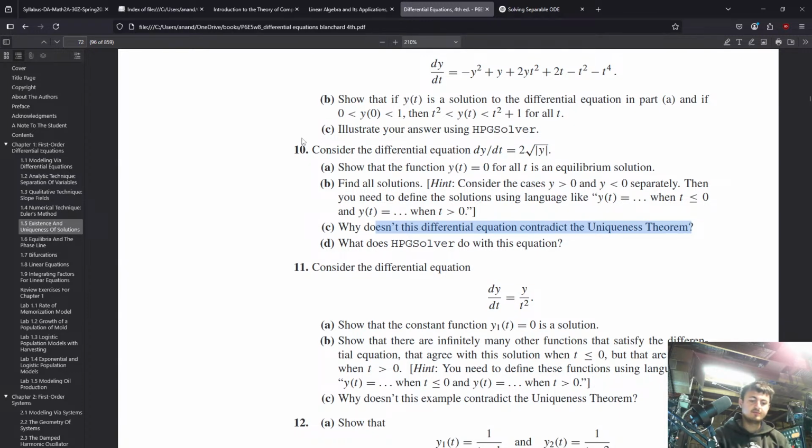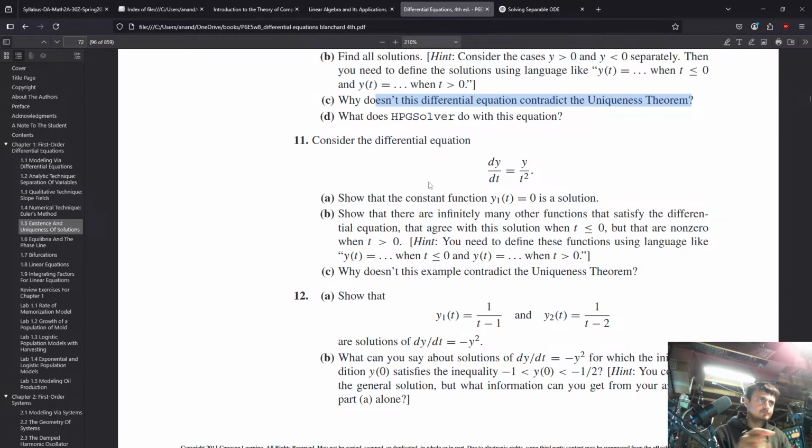I want to review this one on Monday, I think. That one's really weird. All right, 11. dy dt is equal to y over t squared. Show y1 of t equals 0 is a solution. That's obvious. B, show that there are infinitely many other functions that satisfy the differential equation that agree with the solution